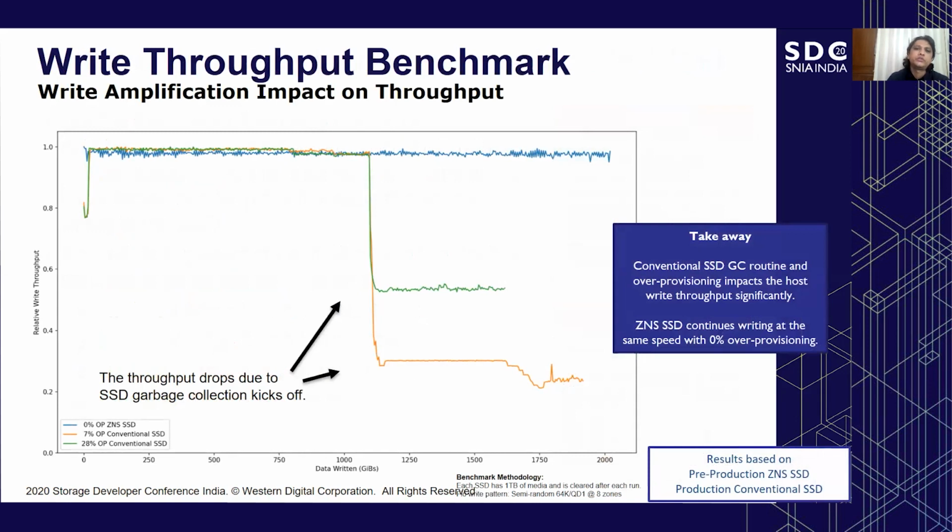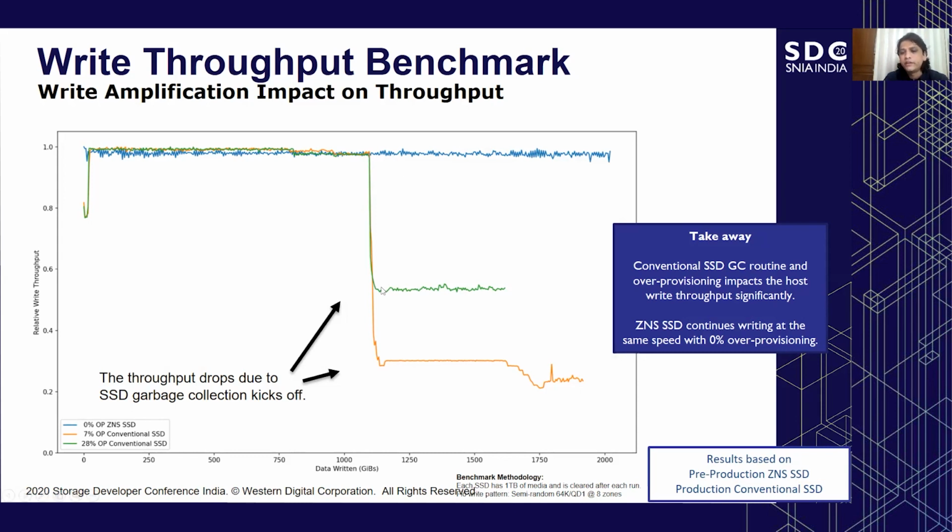If you look at this one, this shows the effects of device garbage collection in a much better light. The blue line is the write throughput of the ZNS drive. The green one is the write throughput of a conventional SSD with 28% over provisioning, and the orange one is the one with 7% over provisioning. Until this point, all three were performing almost the same write throughput. However, at this point, the device GC kicks in, and the moment device garbage collection kicks in, the performance drops,